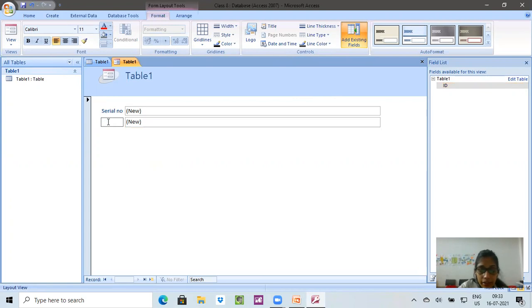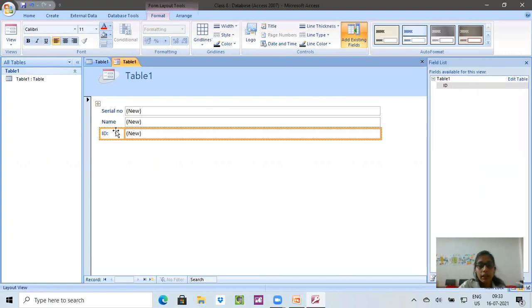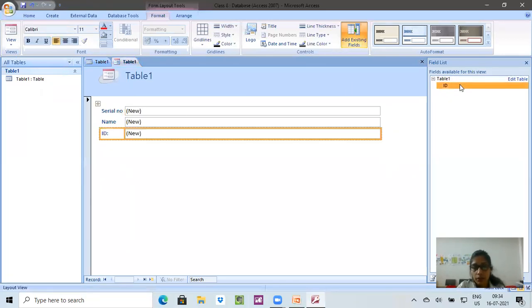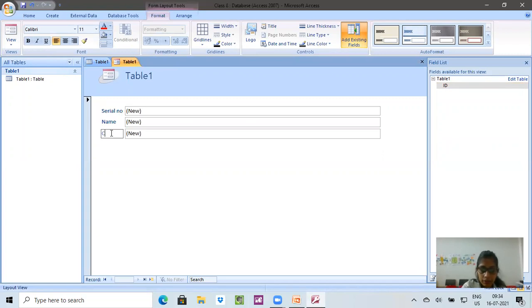Then I will click on enter again. And now I want an option, there should be a class. So this is how I am creating a form.